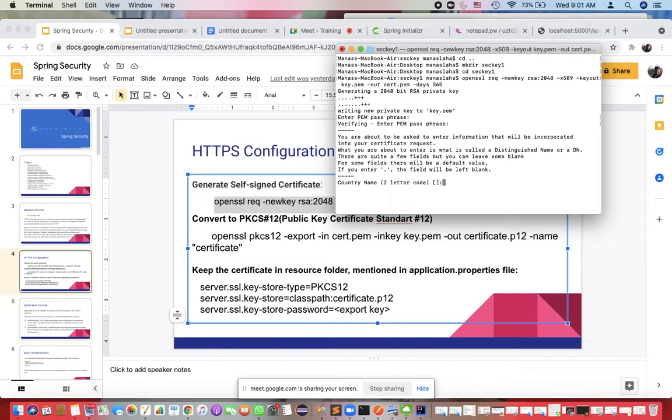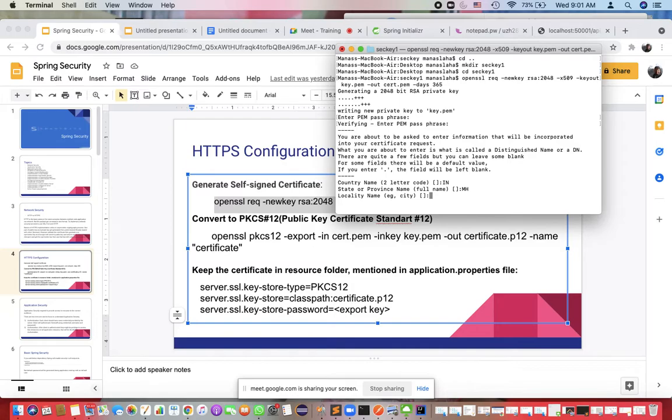After that it will ask you lots of things, which are required for additional data of the certificate. Because you are running your business and creating your certificate, the certificate should contain your exact location or type of business. In the country name, two-letter country name, I'm giving IN for India. It is asking me state or province name, I can give Maharashtra, or you can give West Bengal if you belong to West Bengal.